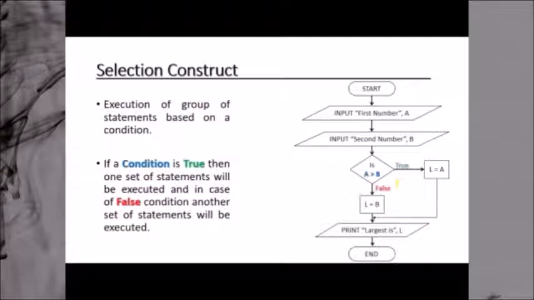If you see, you are moving in this direction and you are moving in this direction, it is not a loop. Okay, so this is your selection construct. Everything depends upon the condition. This is the condition, and if the condition is true, we will follow the true path. If the condition is false, we will follow the false path.